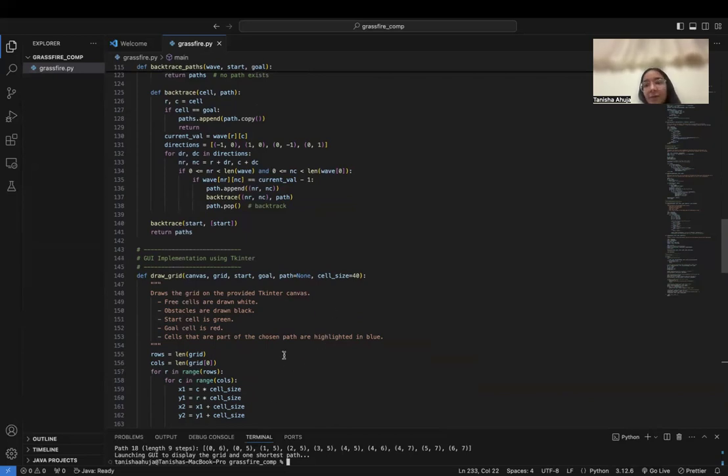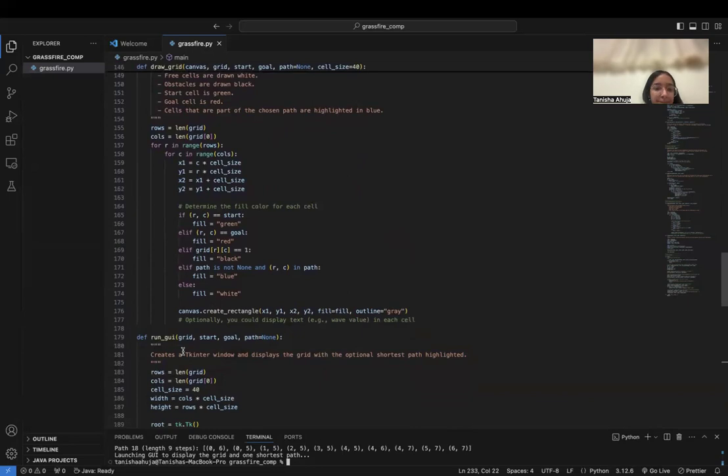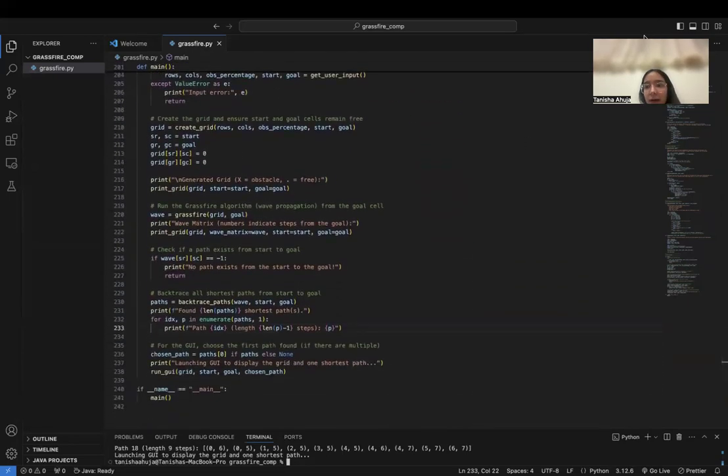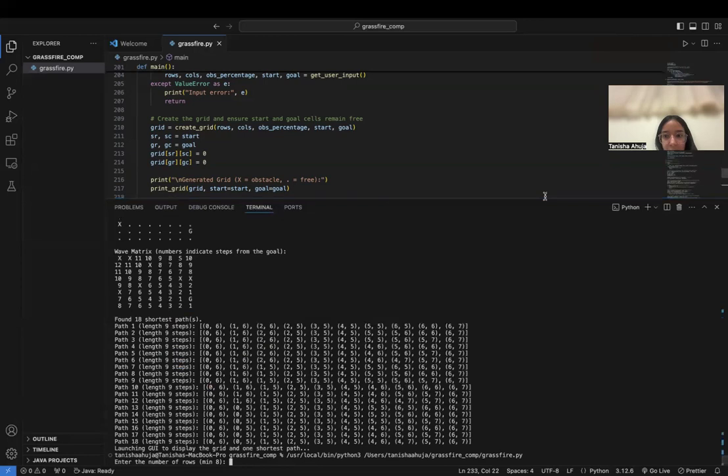Then part three was the GUI implementation. I've also implemented a GUI where I'm drawing the grid. So I'll just be running the program, and then, okay, once I run the program,